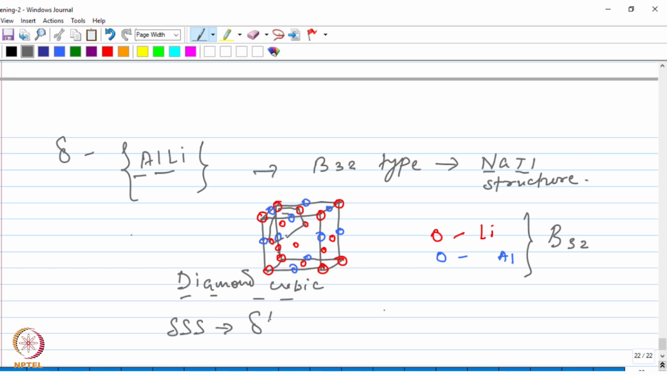We have only two phases here, delta prime and delta. Al3Li is the delta prime and AlLi is the delta. And Al3Li has an ordered structure, and therefore the main strengthening mechanism in this case is